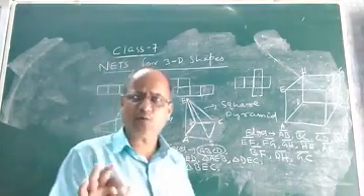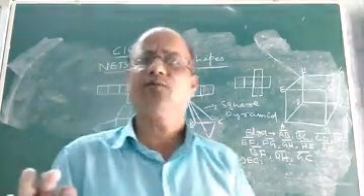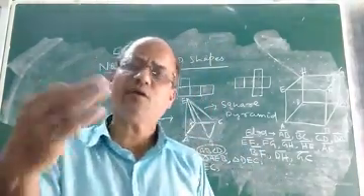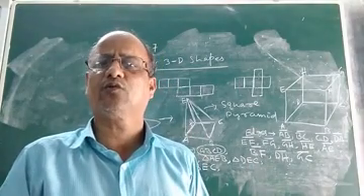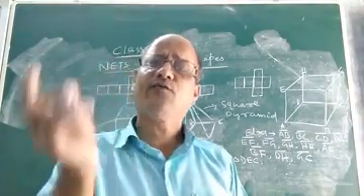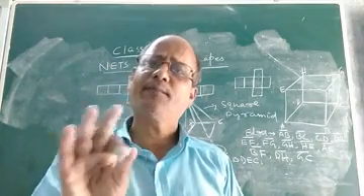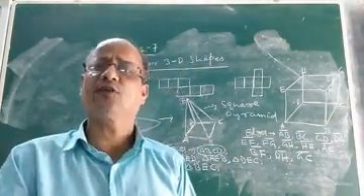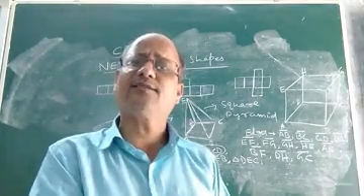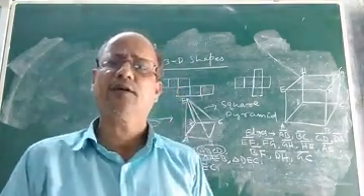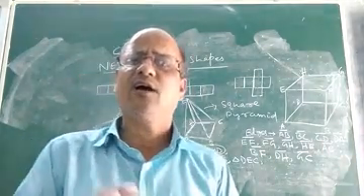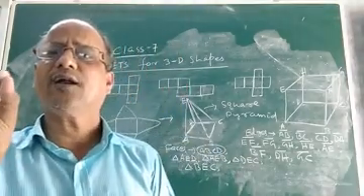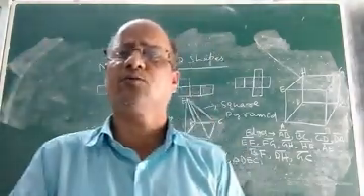So children, I hope you understood what nets of a cube are and what happens when we fold the nets of a solid. Not only the cube, you can take any other solid also. What happens when we fold the nets of a solid? We will get the original solid. And if we cut the original solid along its edges, we will get the net of the solid. So with this, we came to the end of the chapter. Actually it is a very small chapter. Visualizing solid is a very small chapter as given in your book.